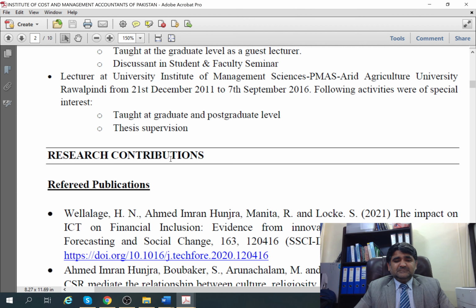And I will be suggesting, don't go for the quantity, just focus on quality. You have to mention only a few research papers which have significantly contributed and which you have published in top tier journals. Professor will never look at how many papers you have. If you have only one paper published in a top journal, that will give you more strength as compared to if you put 20 papers, 30 papers, 10 papers. You have to cut down.